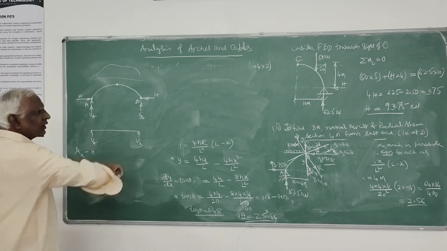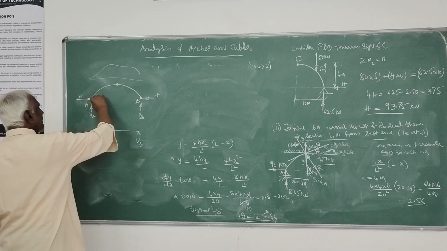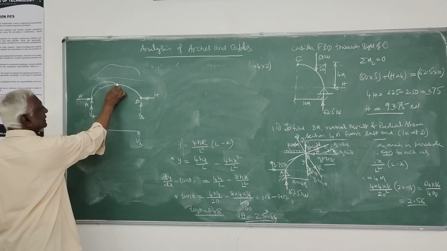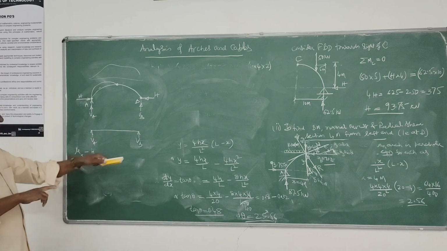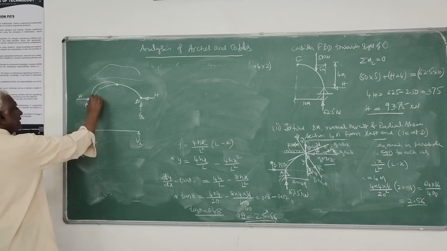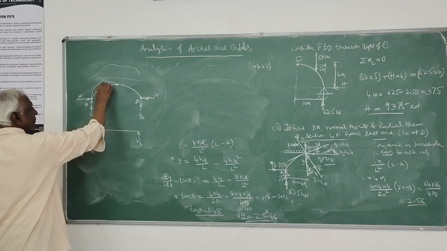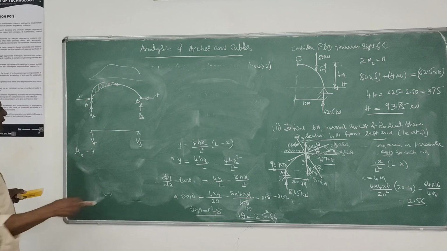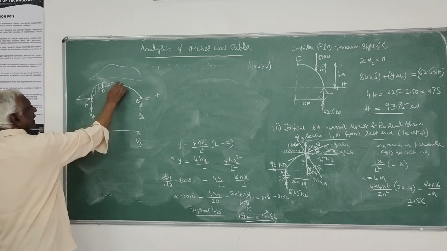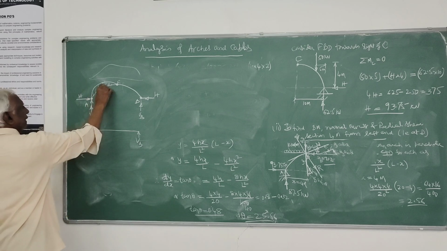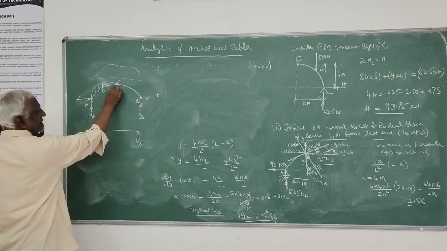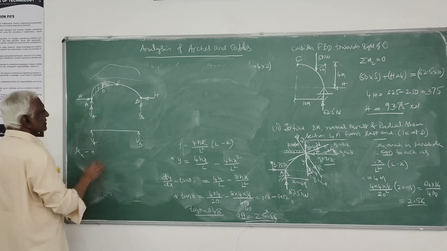The apex also 0. Since UDL, it has to be a parabolic variation. The bending moment diagram has to be parabolic, because it is second degree. Whenever UDL is there, the shape of the bending moment diagram has to be parabolic. As I told you, it has to be plotted above that particular line. At point D, whatever value you have found out, you can write it. Whatever MD is there, you can write it. That is the bending moment diagram. Here it is 0, here also it has to be 0.